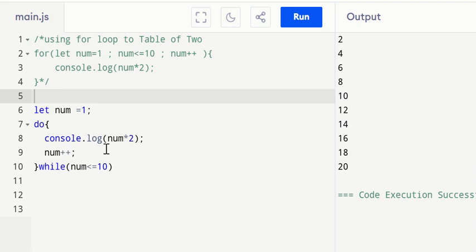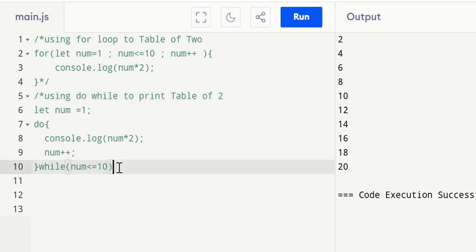So that is using do while to print the table of 2. And now we want to print